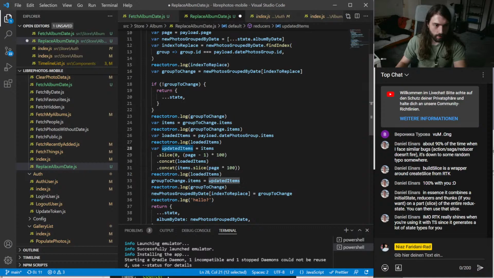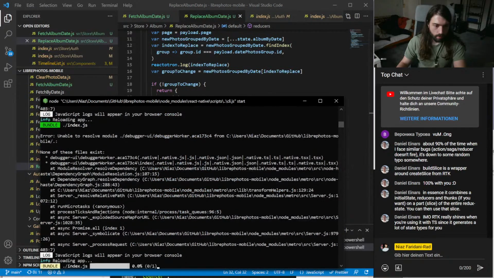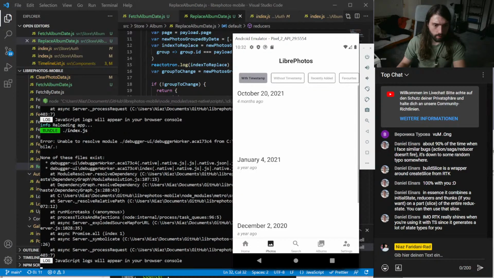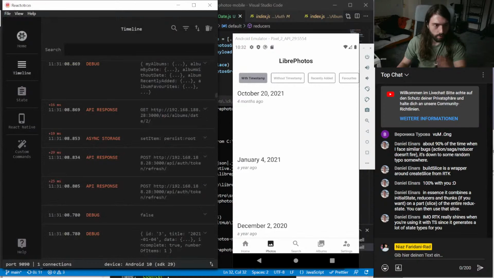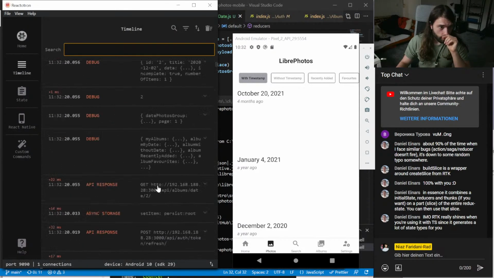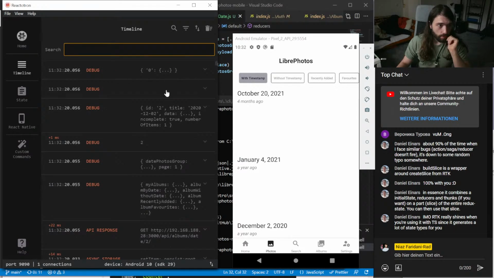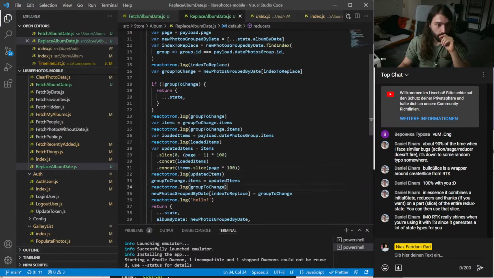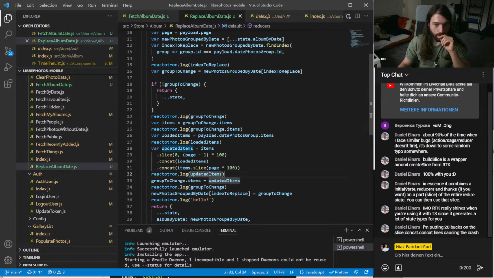Like, that's not good for debugging. Reload. Okay, so here we go. Okay, we get an undefined back, but I don't exactly know from where. From updated items. I'm putting $20 on this slice concat.